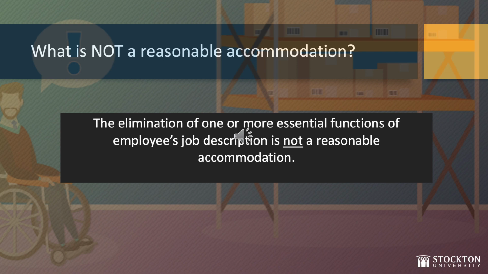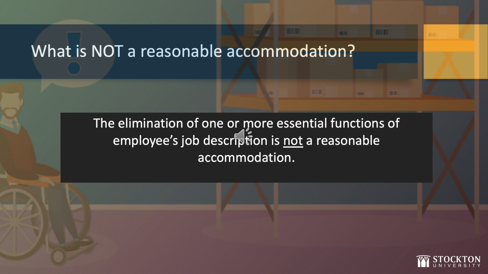Another example of what would not be considered a reasonable accommodation would be a custodian whose essential functions of the job take place on campus. Although moving the custodian's assignment to another building may be a reasonable accommodation based on the documented disability, working off campus is not reasonable.